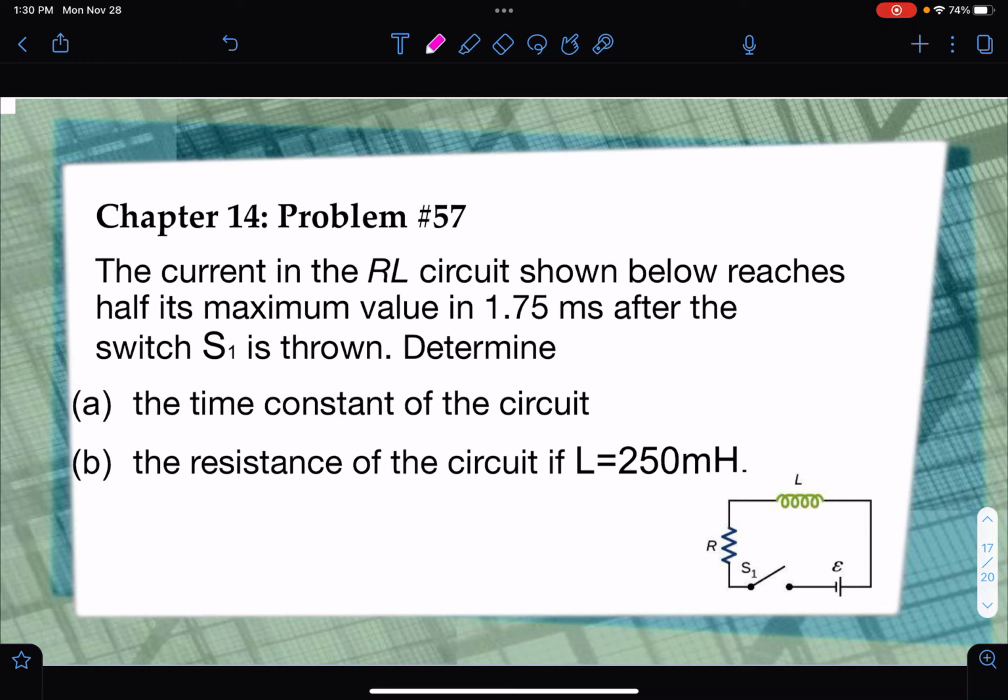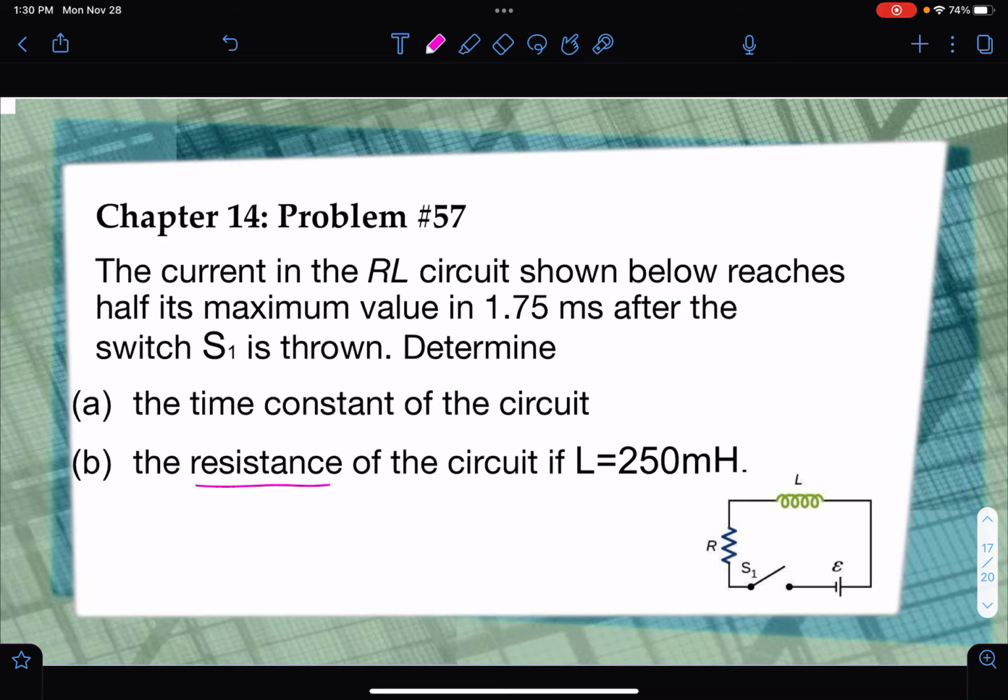Okay. So the current in an RL circuit shown below reaches half of its maximum value in 1.75 milliseconds after the switch is thrown. Determine the time constant of the circuit. In this case, you may be thinking, well, how do I know the time constant if the next question is actually asking me for resistance? But we can use